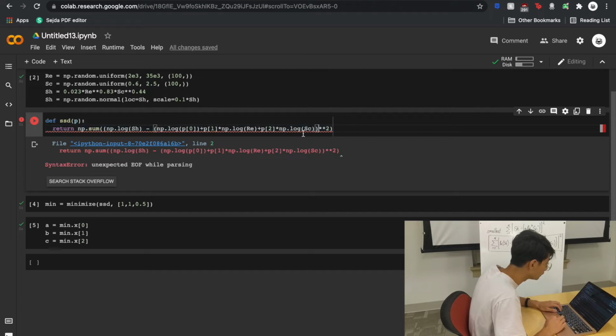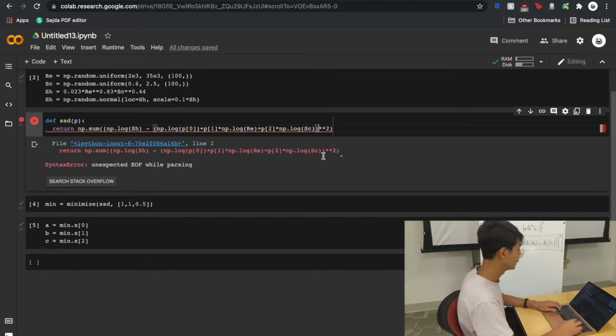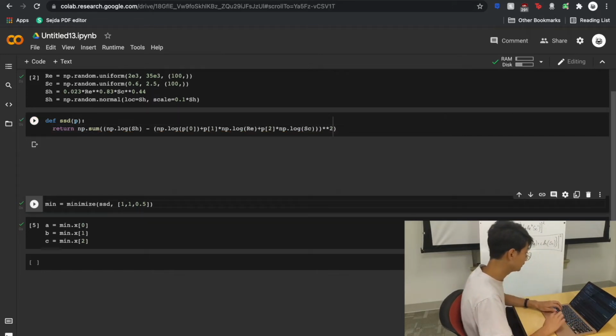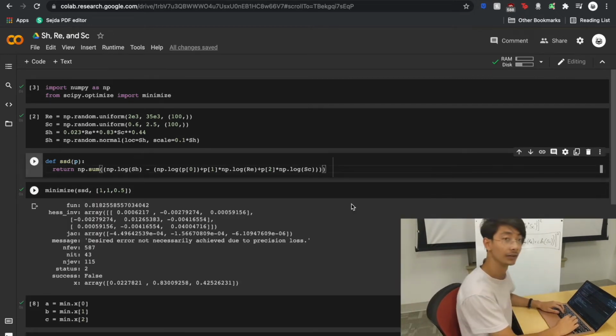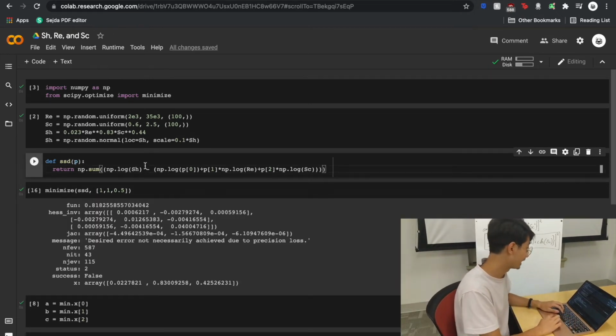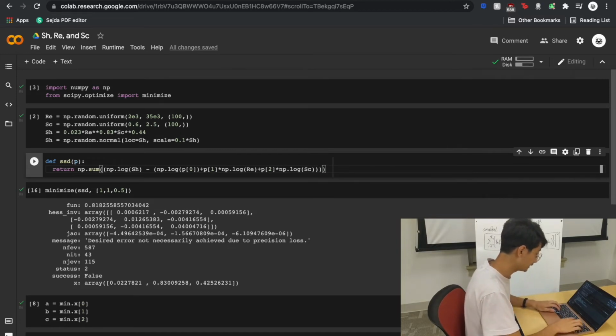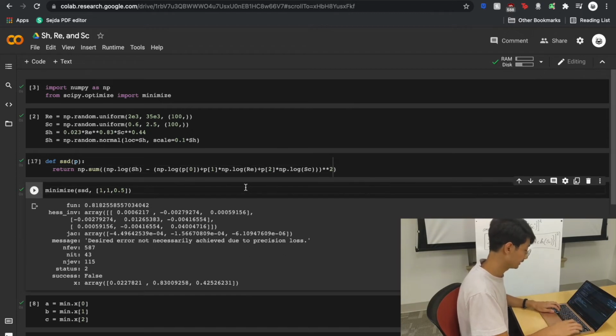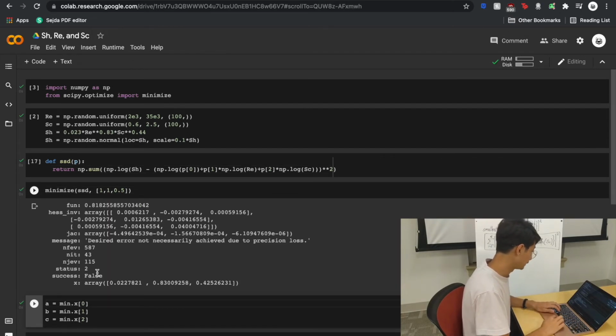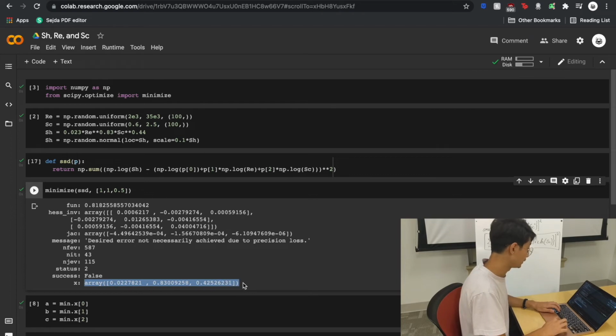Expected after parsing. Looks like I might not have enough parentheses. Okay, I think that solved the problem. Alright, there we go. Okay, it looks like I forgot to add the square right here, so let's go ahead and add that. Double asterisk 2, and if I execute that, and then that, and finally we have the three values for A,